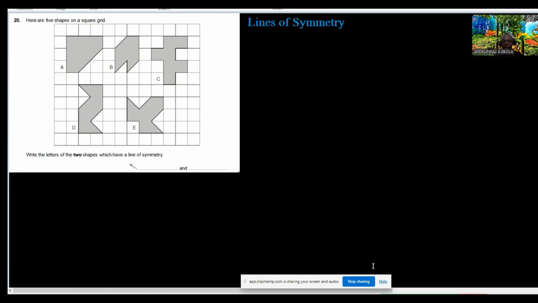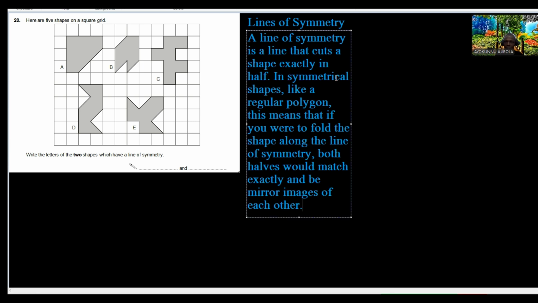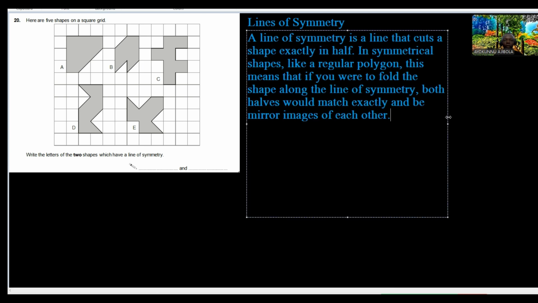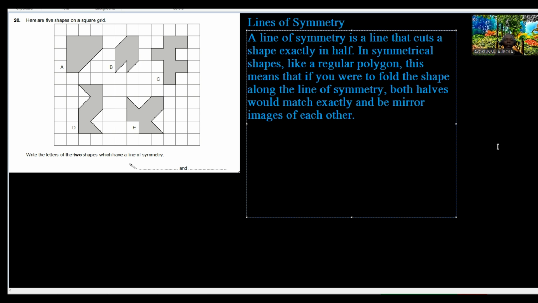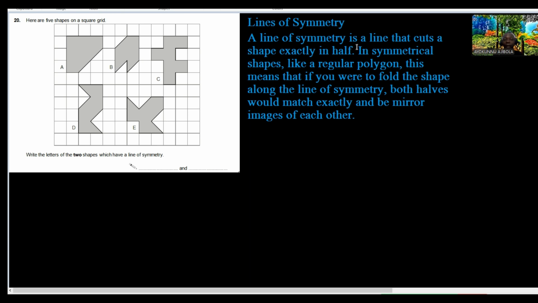So we have this question here that says, write the letters of the two shapes which have a line of symmetry. Okay, before we get started, we need to know what a line of symmetry is. Let's look at this. A line of symmetry is a line that cuts a shape